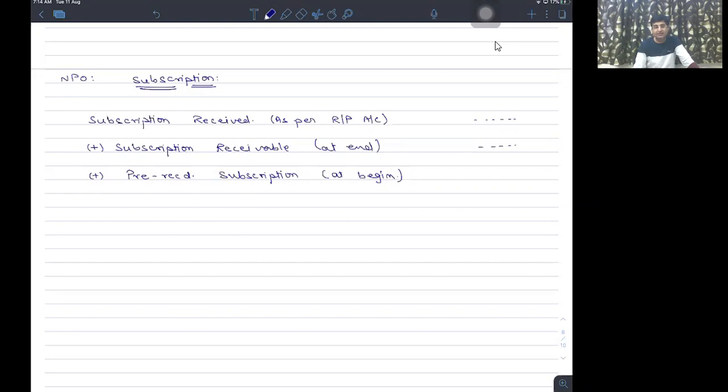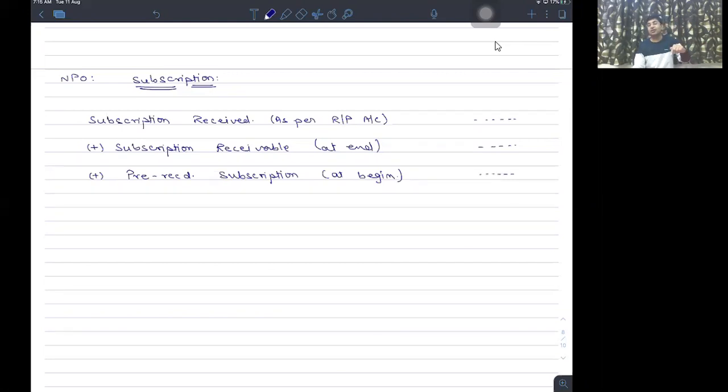The basic reason is it is the income of current year but received in previous year. As it is the income of current year but received in previous year, therefore it will be added to the current year income,